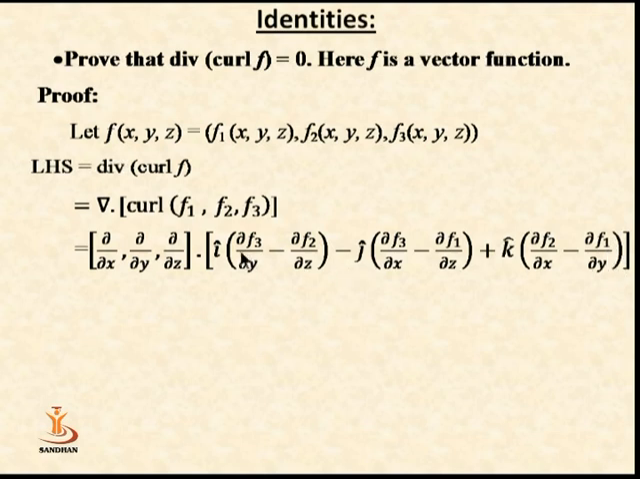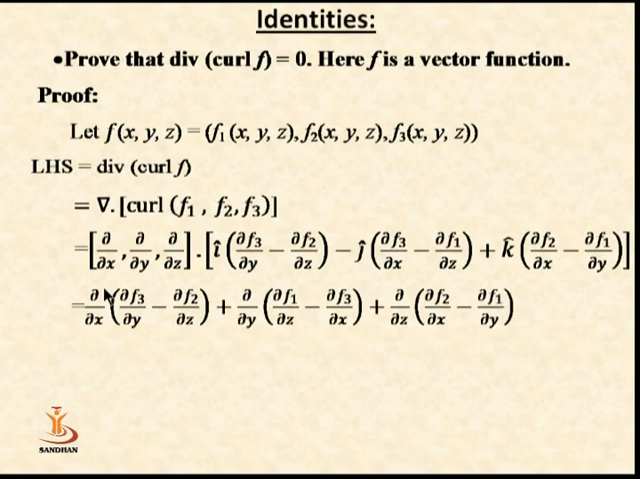Now we have three components. First component is this, second is this and third is this. We have to do the dot product with respect to x, y and z. Now we apply the process of the divergence. Thus we have to do the differentiation of the first component with respect to x, plus differentiation of the second component with respect to y, plus differentiation of the third component with respect to z. Thus we get del by del x of del f3 upon del y minus del f2 upon del z, plus the dot product with